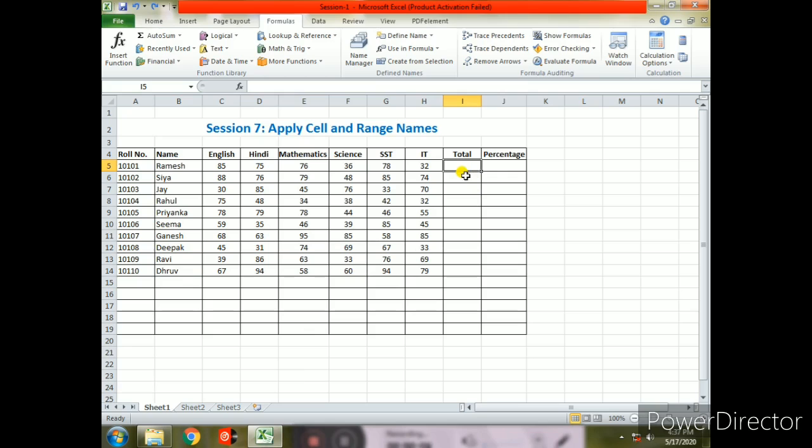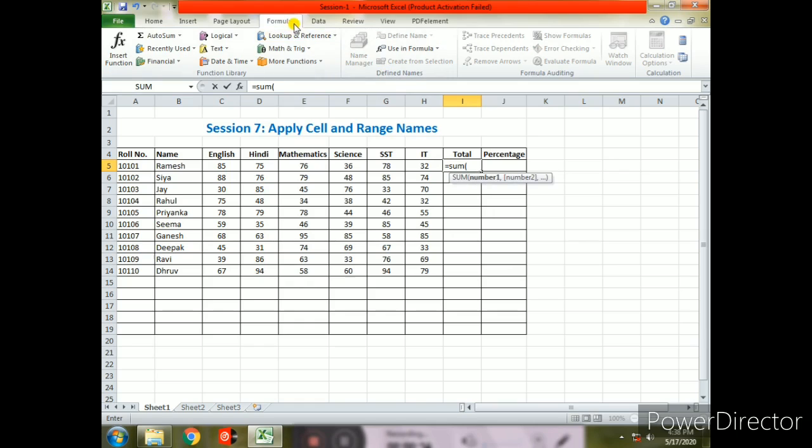Now let me show how we can use a named range. For example, if I want the total of Ramesh marks here, how can we do this with the help of a named range? First of all, we use the SUM function: equal to SUM, opening bracket.